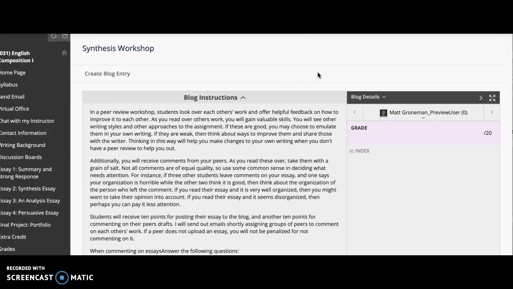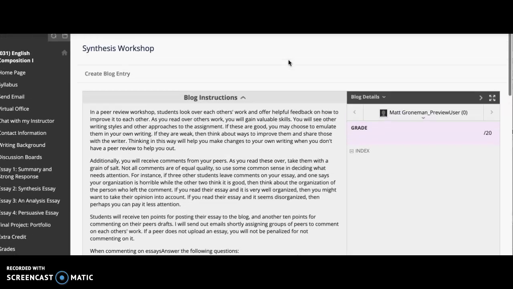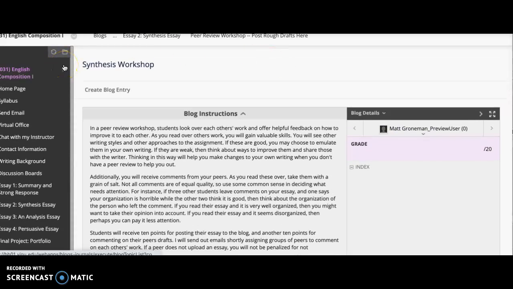You'll need to post your rough draft by Thursday at midnight. You get 10 points for posting the rough draft, 10 points for posting comments on other students by Friday at midnight. So you'll go here to where it says create blog entry, and you'll first see there's all